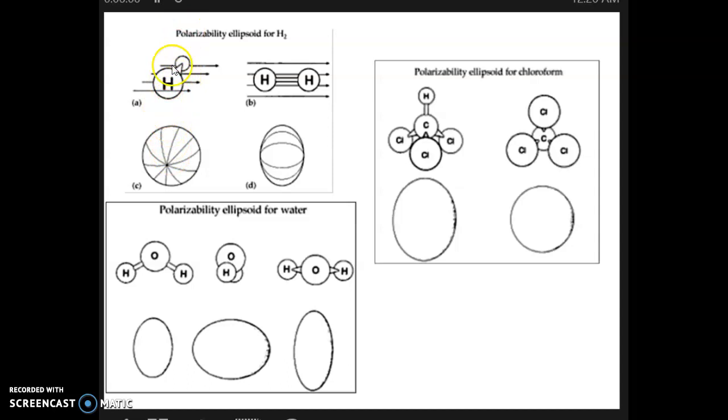So in looking at the hydrogen molecule along this direction, it looks like a circle, but here it looks like an ellipsoid. So that is the same for HCl. In this direction we have the polarizability ellipsoid like this. Now when you push the H to the back, you have it almost circular. So this gives a lot of information about the molecule. Okay, so we're going to stop